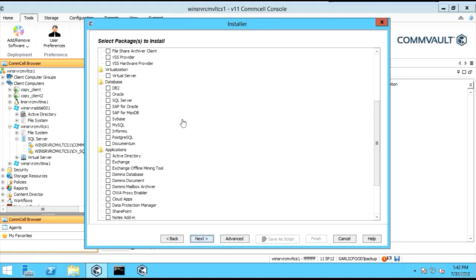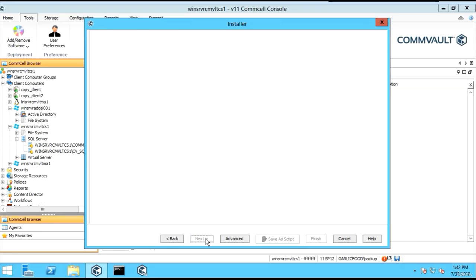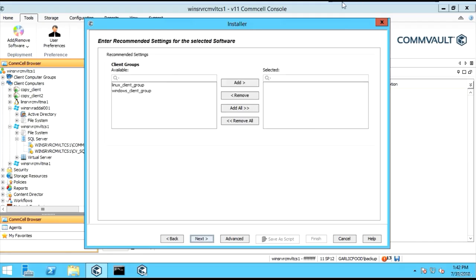So we're going to scroll down until we find the Oracle database. We're going to highlight that, and you notice it says provide backup and recover for Oracle database objects. So we're going to click on Oracle, and we're going to push next because it's the only thing we're adding to it. Since this is a Windows client, we're going to just click on Windows Client Group, add it, push next,